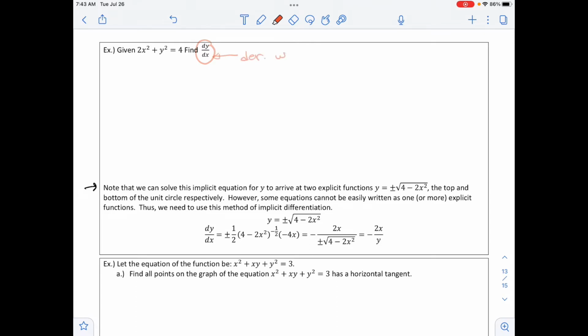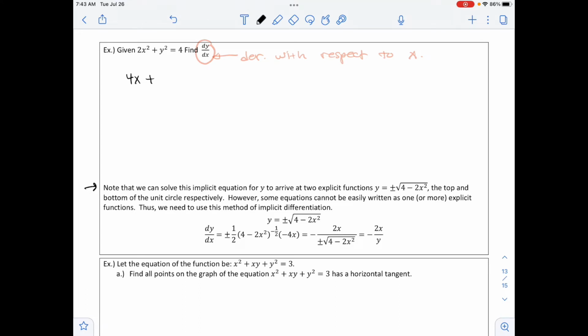So derivative with respect to x. So that means whenever you take the derivative of an x term that just has x's as my variable, it's just normal, like what we've been doing before in the class. When I have a different variable and I need to take the derivative with respect to x, then that's when we're using that idea of implicit differentiation. So first term we have is 2x squared, so it just has x's, so we're going to have 4x using that power rule,